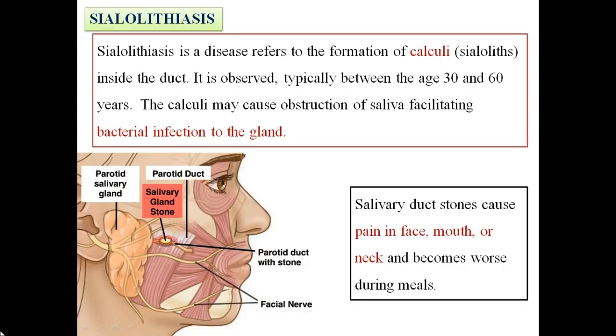Now sialolithiasis, let's say, is the formation of calculi inside the duct. The calculi, or salivary gland stone, will obstruct the serous saliva from flowing into the mouth.